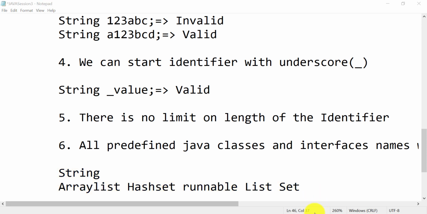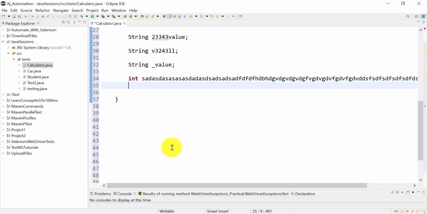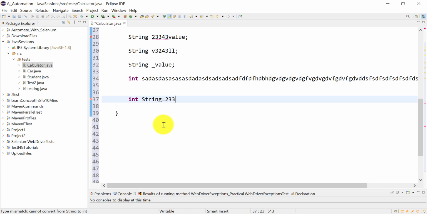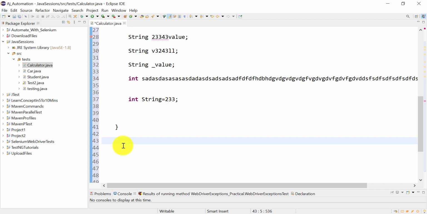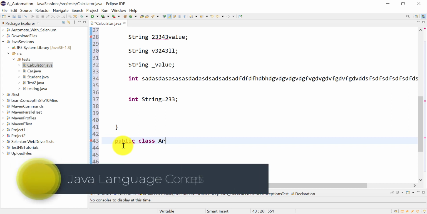So let's look at some example here. I am going to create a variable. So int string equal to some value. Okay, so you can see I am not getting any error for this identifier. So this String is a predefined Java class, there is no error. So let's try to create a class, public class, and I'm going to use ArrayList.